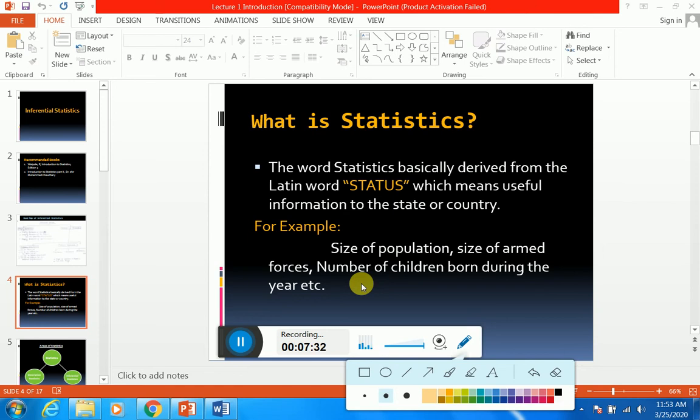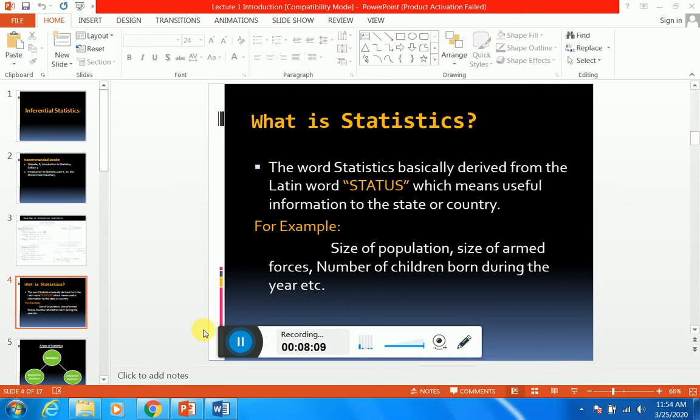Actually, it's a Latin word meaning a political state, or this word statistics refers to numerical facts that are systematically arranged. In this sense, the word statistics is used like statistics of price, statistics of road accidents, statistics of crimes, statistics of birth, or statistics of educational institutes, etc. So in this sense, we can simply say statistics is the set of numerical facts in respective fields.